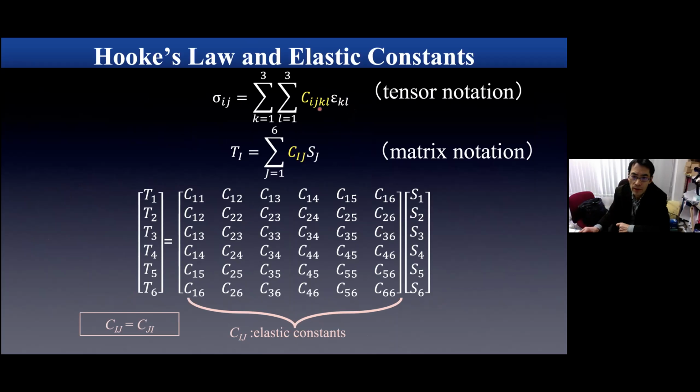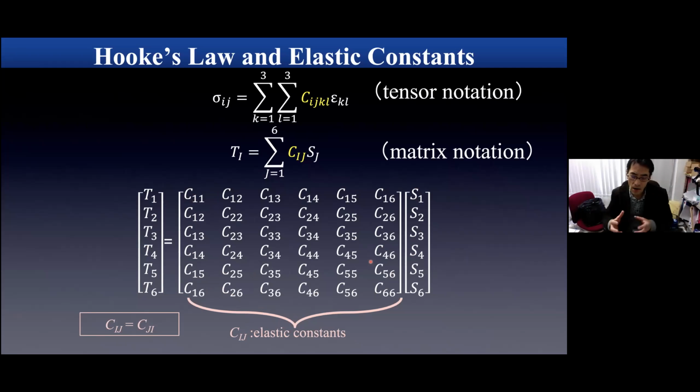The stress component can be expressed by the linear combination of the strain components, like this. In the tensor notation, we have this equation, and in the matrix notation, we have this equation. Anyway, in any case, stress and strain are related linearly with the material constants, which are elastic constants. So this is called Hooke's law. And these components, elastic constants,